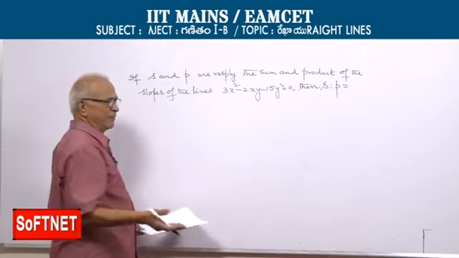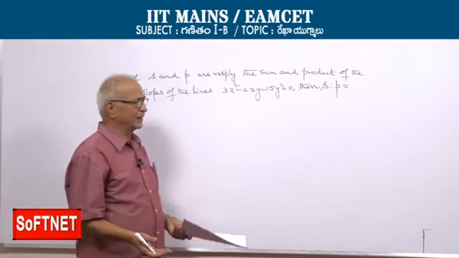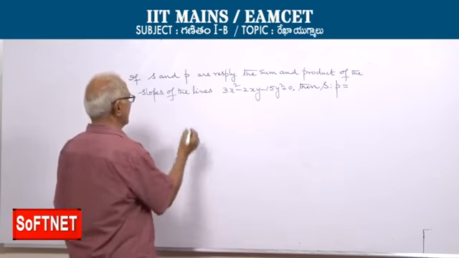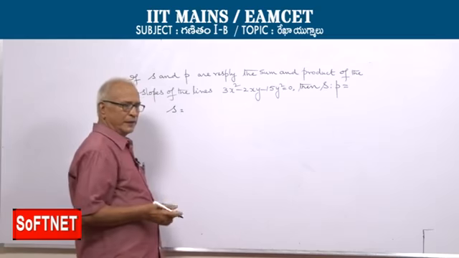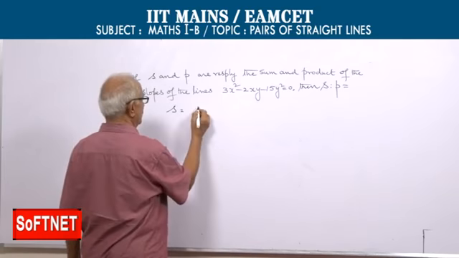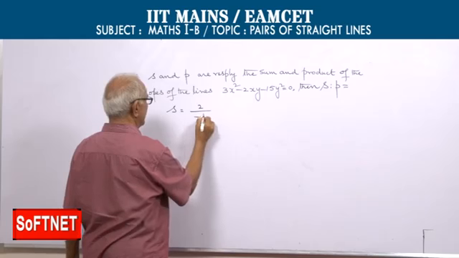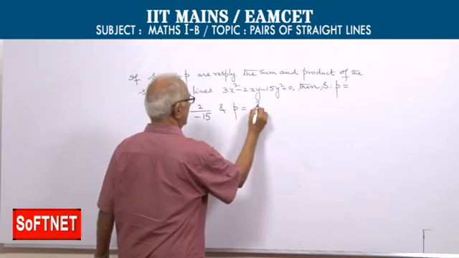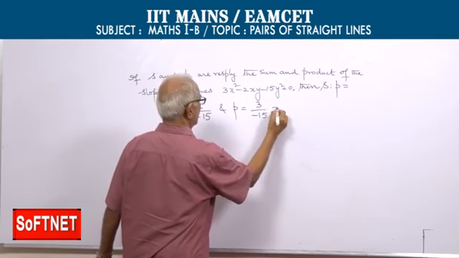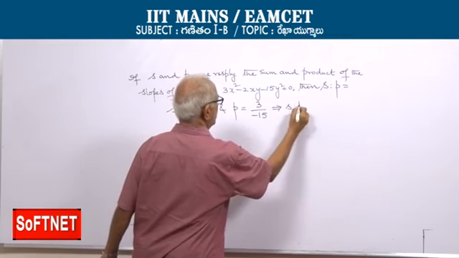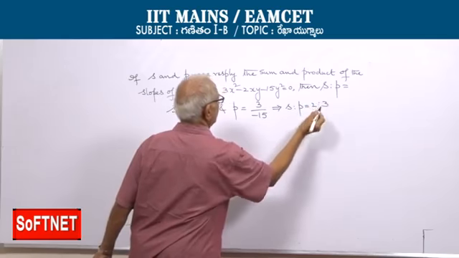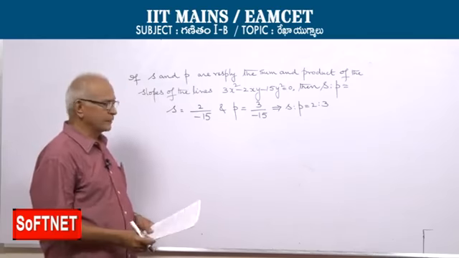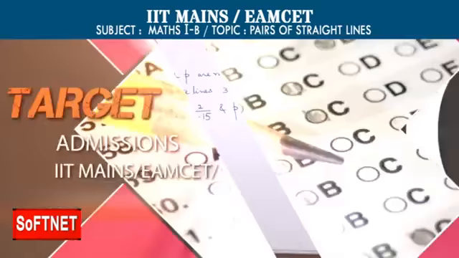Well, 4 options are given, but they won't help; we just have to find the ratio. So no need to write the options 1 2 3 4. So sum and product: small s is minus 2h by b. Minus 2h is plus 2, by b is minus 15, and the product is a by b, 3 by minus 15. So this clearly gives you the ratio between s and p as 2:3. The ratio between 2 by minus 15 and 3 by minus 15 is the same as the ratio 2:3.